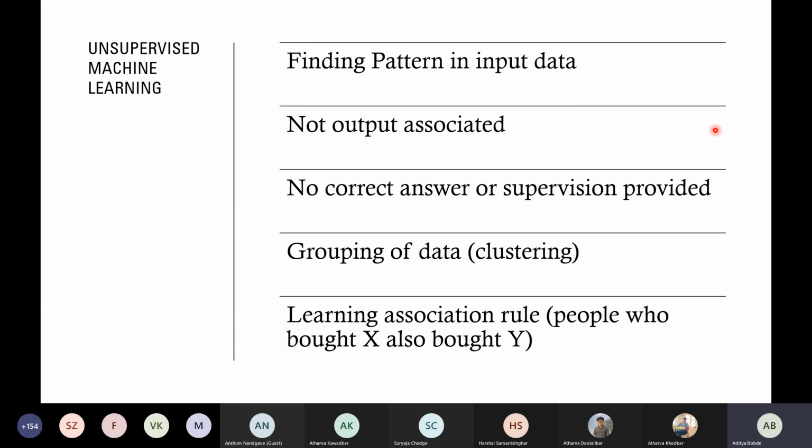In unsupervised machine learning, you are given data, but you won't have your output. There won't be labels. So no outputs are associated in the case of unsupervised machine learning. Suppose you are learning some subject, you might have a mentor, and if you are doing something wrong, the mentor will tell you that you are learning something different, be on the right track. That was supervised learning. But in the case of unsupervised learning, there is no mentor, no teacher to guide you. You will be learning on your own. So it tries to use the rule that people who bought X will also buy Y.